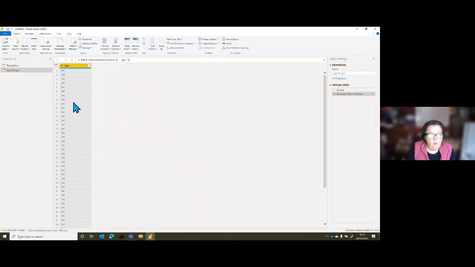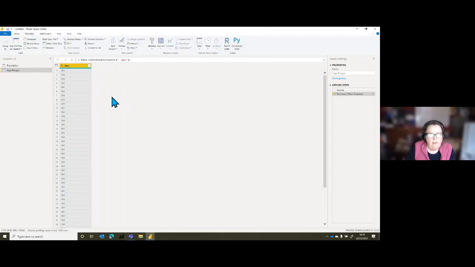And then I want the unique values in here. I don't want all the duplicates. You can find it in transform, there is a remove duplicates in here. I can't see it. Normally I come into here and do a right click and go remove duplicates. There will be a button there. And there we are, we've got our list of values.